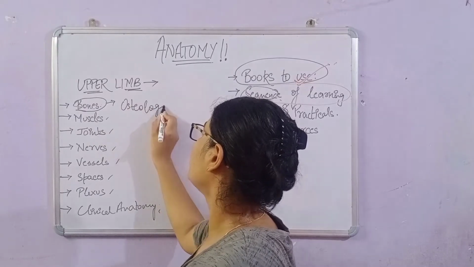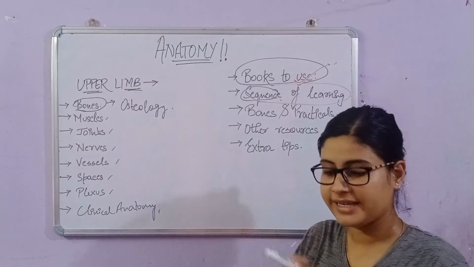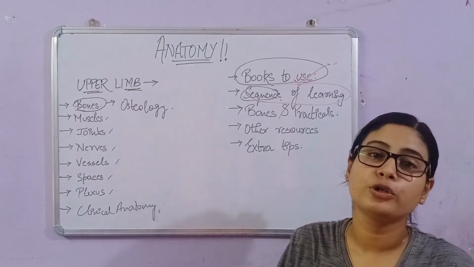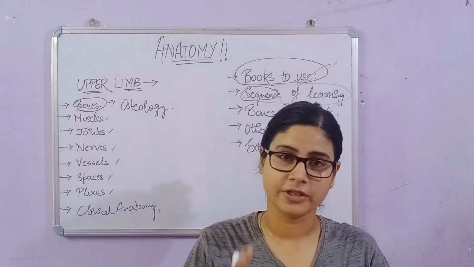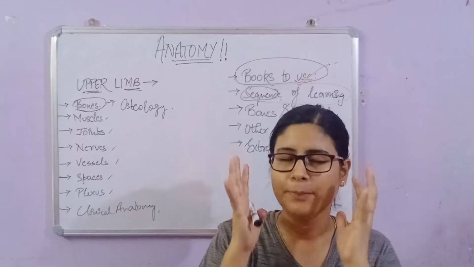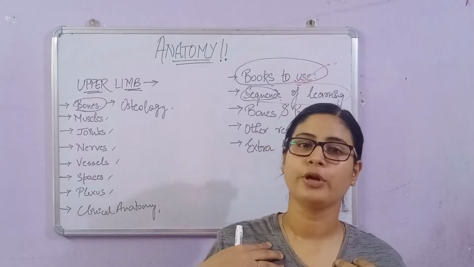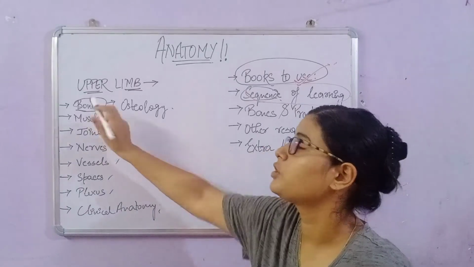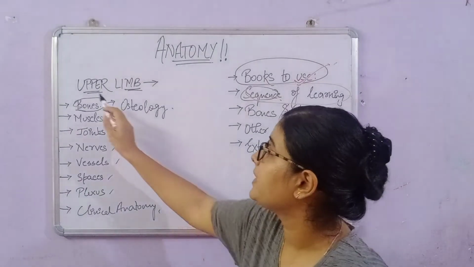Go through the bones, go through the parts of the bones, go through the clinical anatomy of the bones, go through the attachments on the bone. Bones should always be the first. This is the biggest secret tip that I would like to share personally from my point of view. Go through the bones always first. Make sure you complete the bones of upper limb.